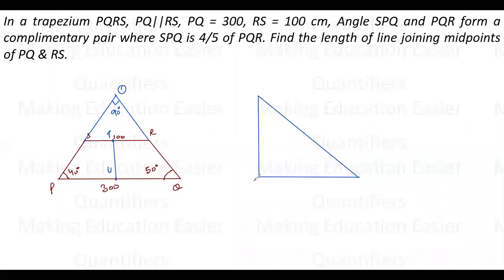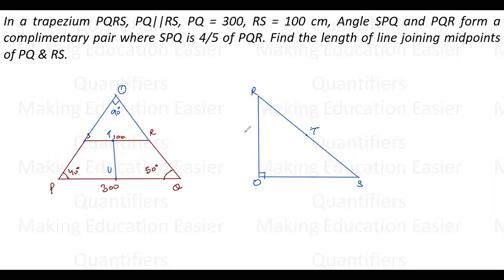So this is, let's say, O, S, R, and the midpoint is T. So in a 90 degree triangle, there is a midpoint T, right? And what does that tell us? That whenever there is a right angle triangle and on the hypotenuse there is a midpoint, that midpoint, dividing it into two parts, can be taken as a circumcenter, which means that